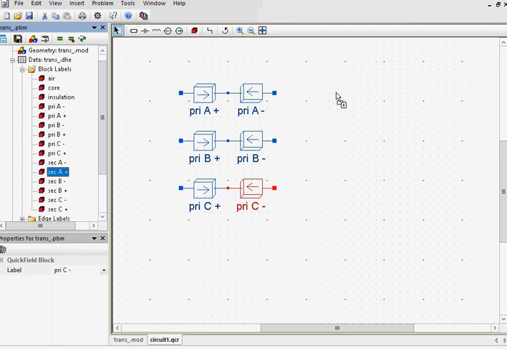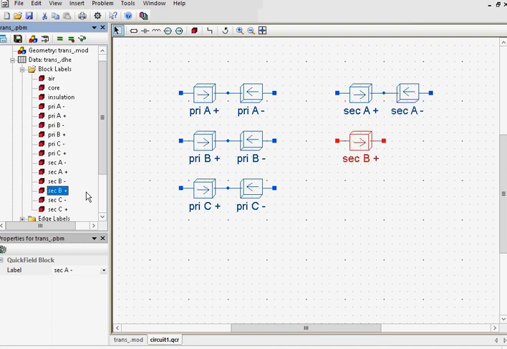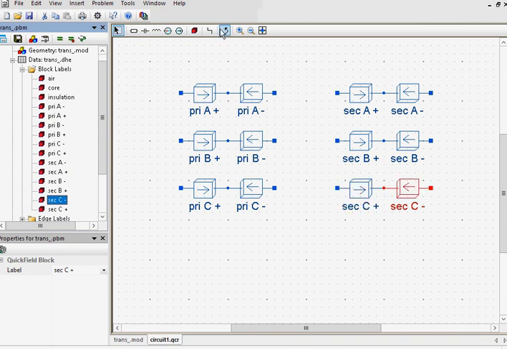Secondary A+, secondary A-, secondary B+, secondary B-, secondary C+, secondary C-. The short circuit test of the transformer consists of applying some reduced voltage value to get nominal current